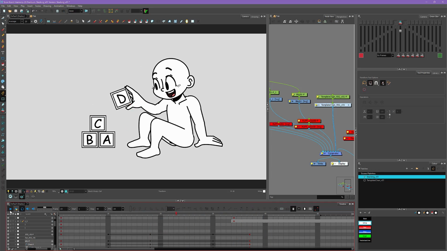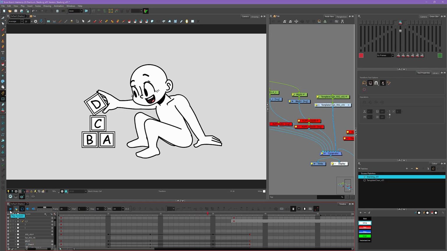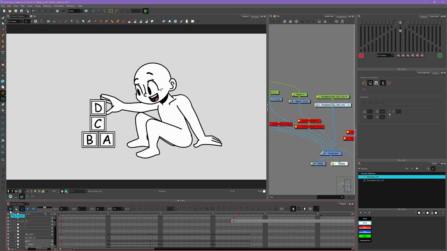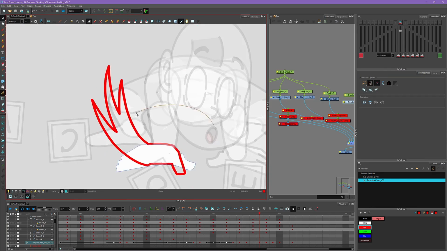So now when we play it, that feels way smoother. It doesn't feel like it pops off as much as it did before. And that's pretty much it. That's the general overview of how to do motion tweens and how to change animation in the middle of a motion to sort of hide the fact that it's changing. Makes it just look a little bit smoother. So let's continue through our animation and add motion tweens to everything.